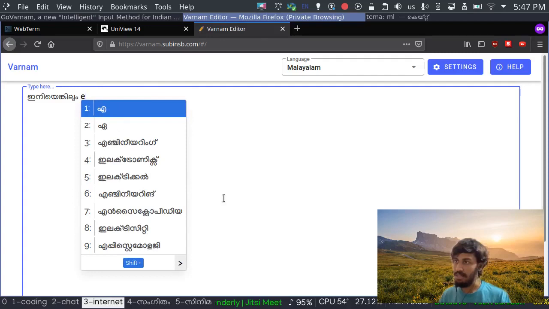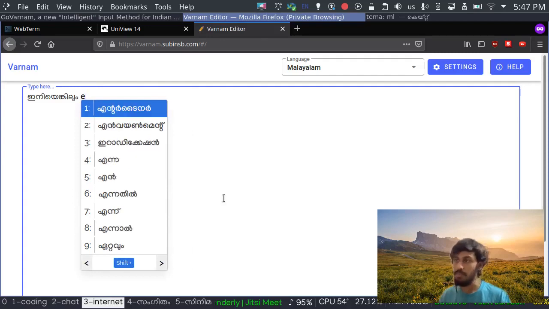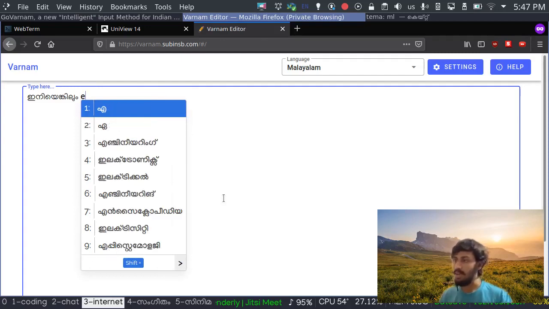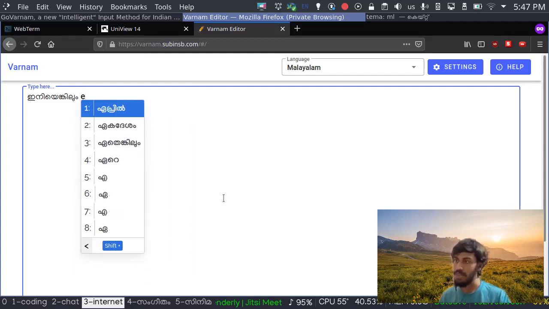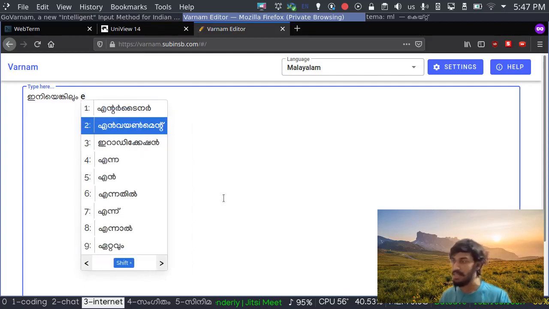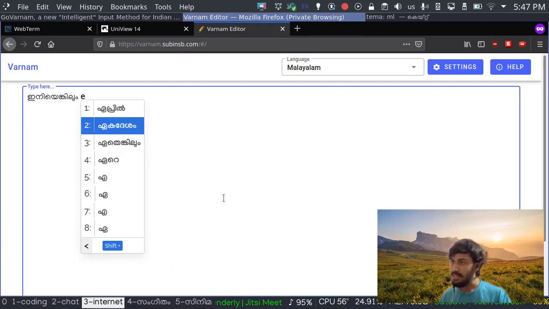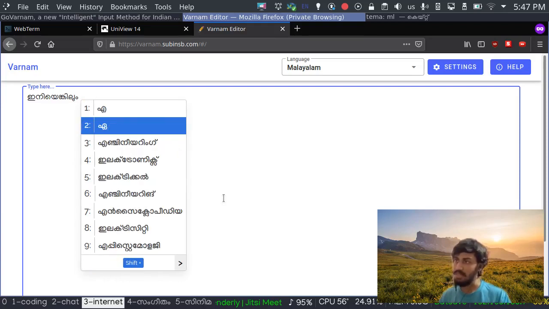How about Ken? I think this would be a nice one. Oh, there we go. So there is another page here only. The previous one, there was no page in the next page. That's why. So to move to the next page, you can simply press shift plus arrow keys and you can move to the pages left and right. And that's the basics of using this web editor.